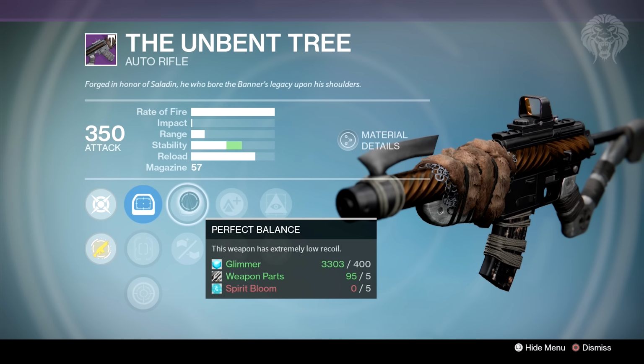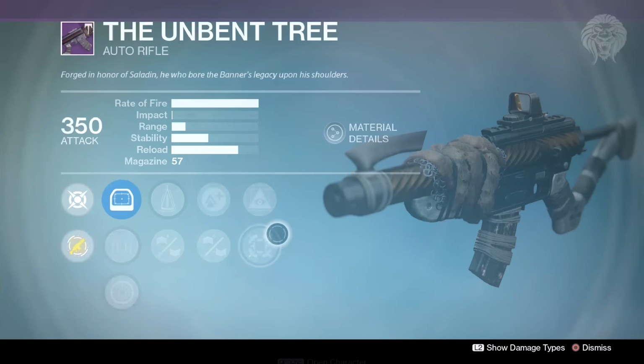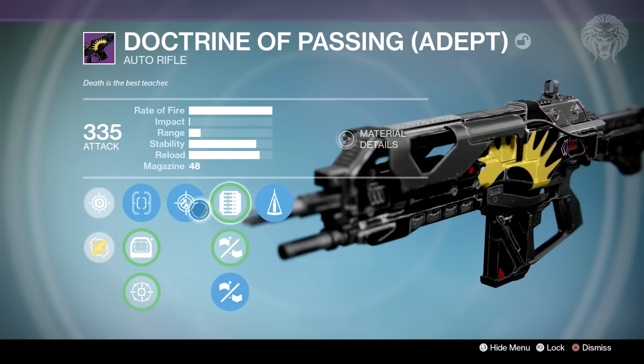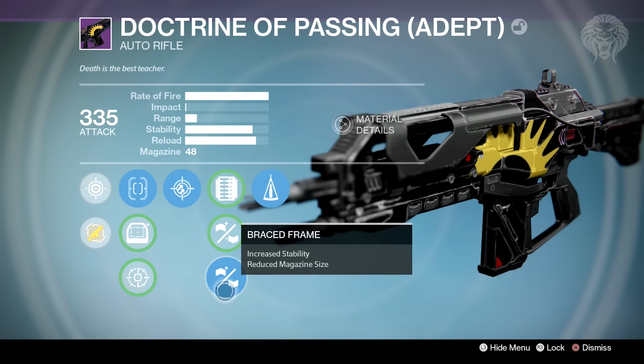Now, in terms of rolls you do want to get in this, of course, like I said, you need all-out stability. Try and go for Brace Frame, Perfect Balance, Counterbalance, Rodeo, anything you can have with stability on this weapon, and of course, try and increase the range as well. Things like maybe Rangefinder, but of course, a lot of those perks do actually overlap each other, so ideally, you want something like maybe Counterbalance, and also Brace Frame for the massive chunk of stability,